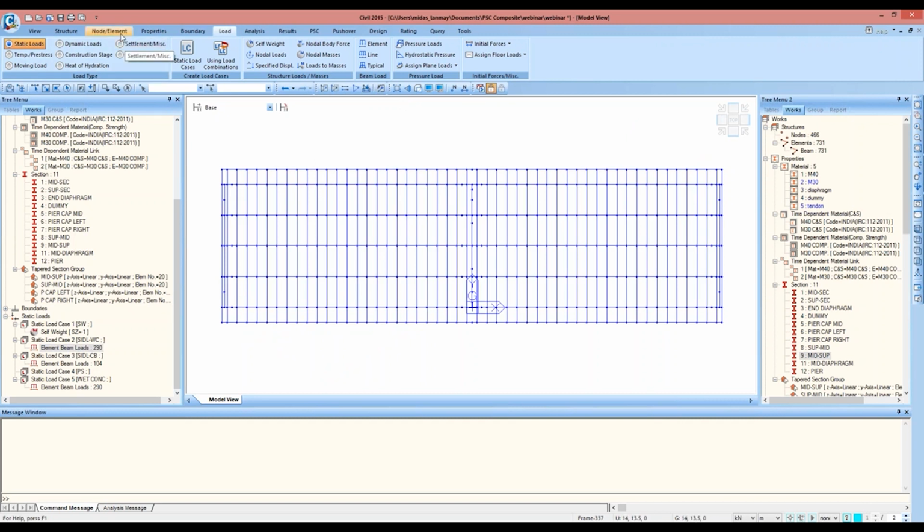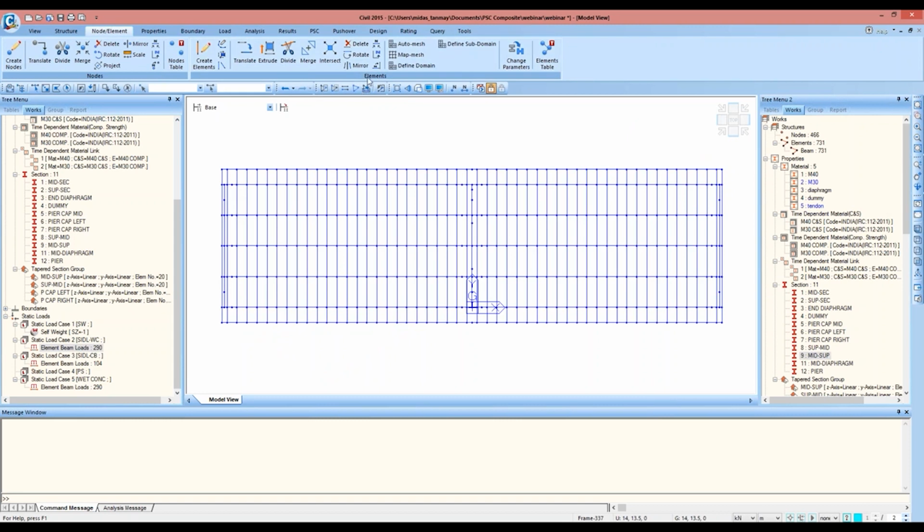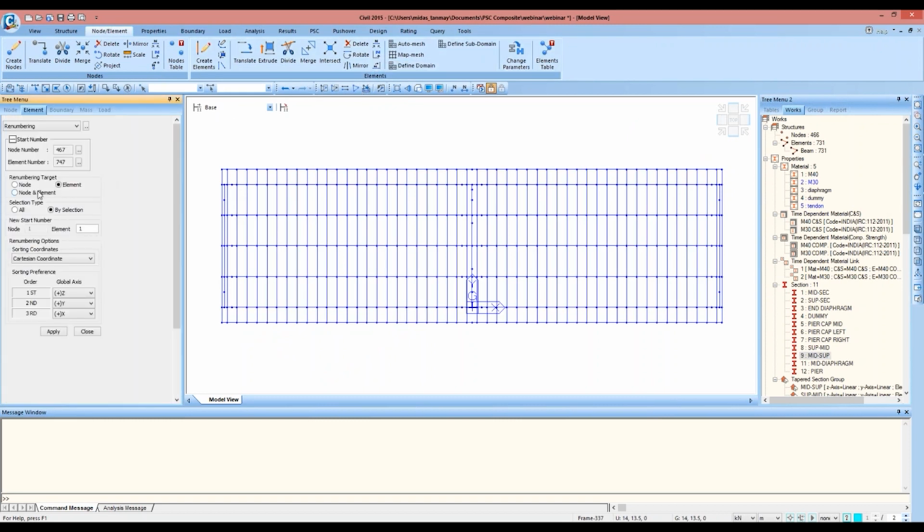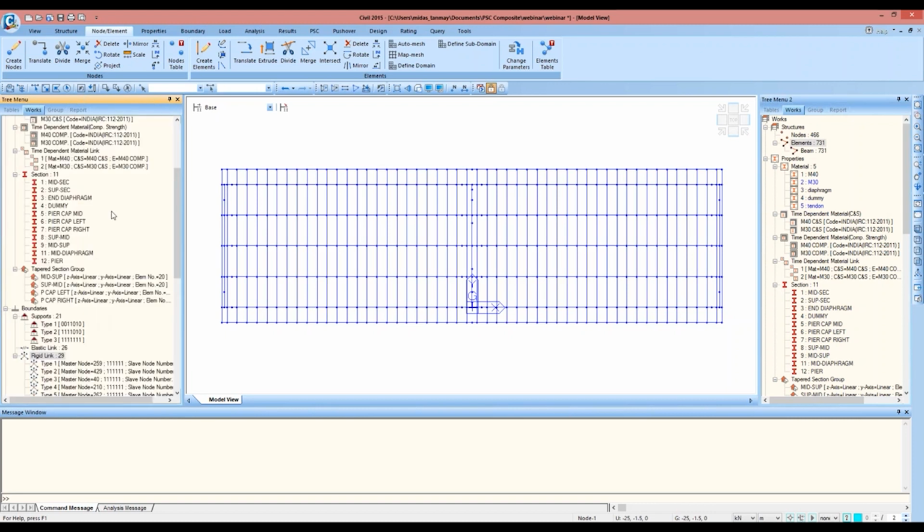That is why I'll go to node and element and use the option renumber element ID, select node and element all, and I'll select the preference as this and apply. So the renumbering is done, and now I'll define the moving loads.